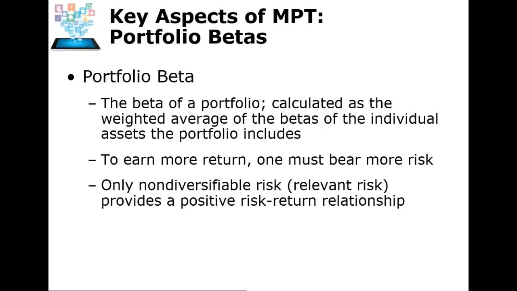The portfolio beta is what you could calculate. You take all the betas in your portfolio, you weight them by the amount of asset for each beta, and you can do a weighted average of the betas of the portfolio. So you can get not just a beta per stock, but you can also calculate the beta for the entire portfolio by weighted averaging all the betas within the portfolio. Now,